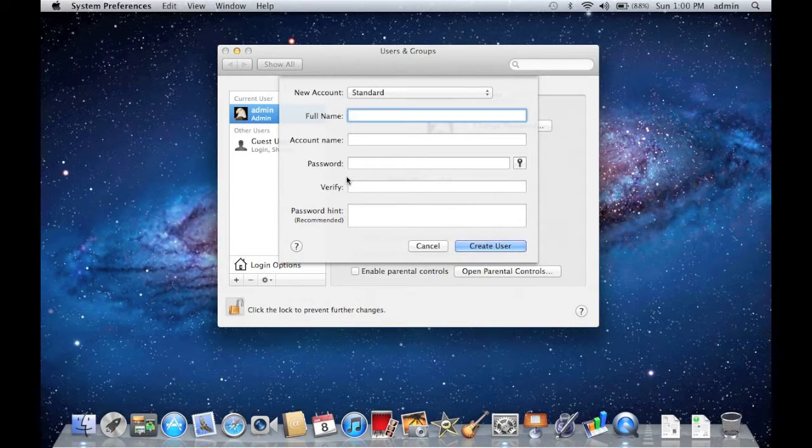Enter a username and password you'd like to use for this account. Normally, I do all my work in a standard account and only use the administrator account to install software or do other administrative tasks. Better security this way. Click Create Account. If you see a message on screen about automatic login, click Keep Automatic Login.